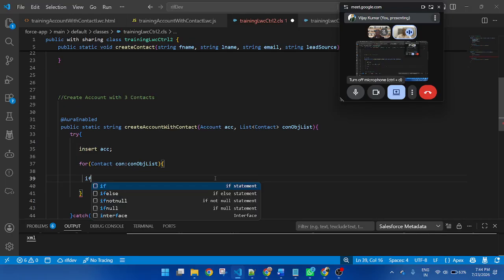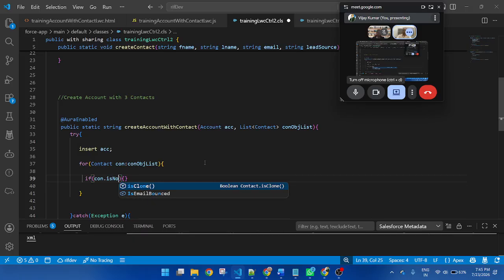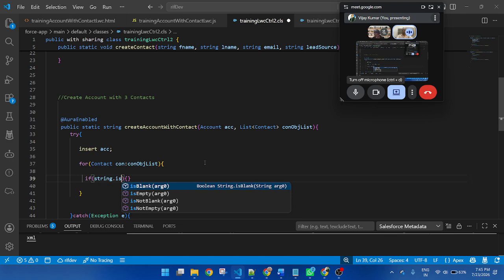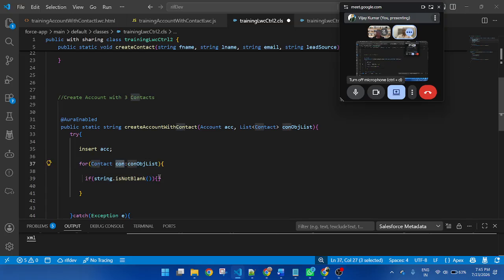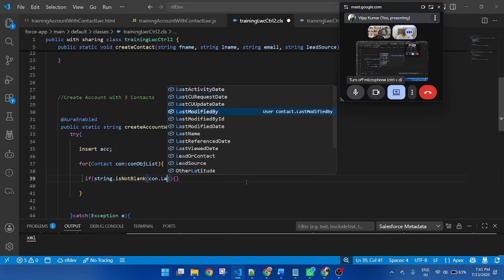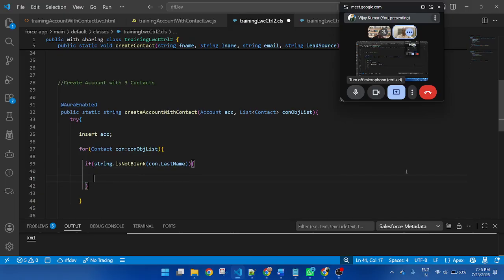So here I will check if this one con.lastName is not blank. So here I am checking if contact last name is not blank, then